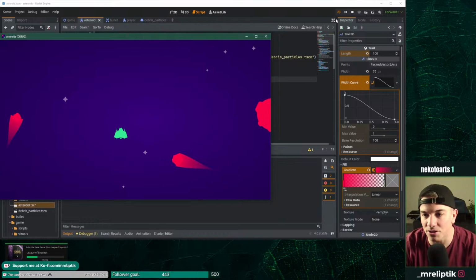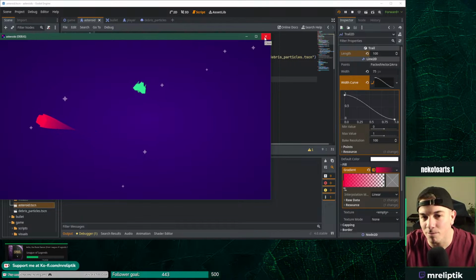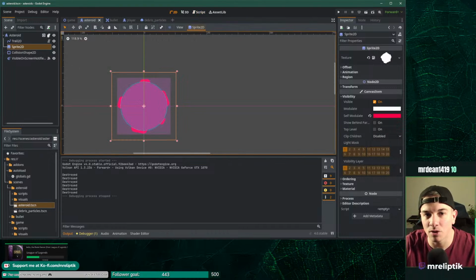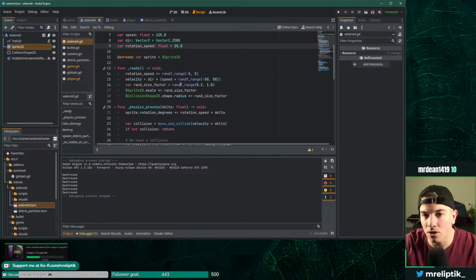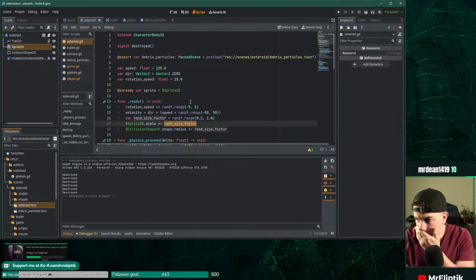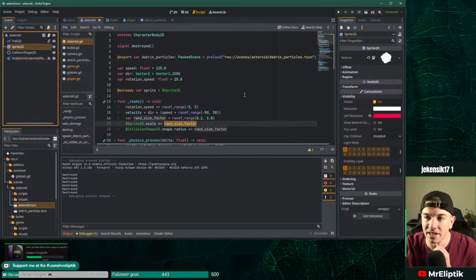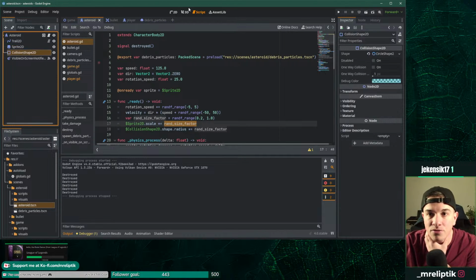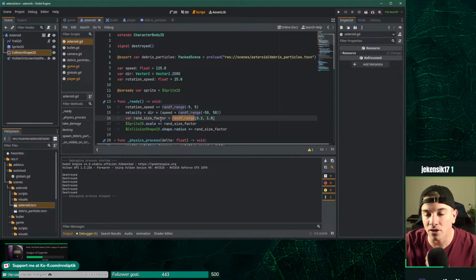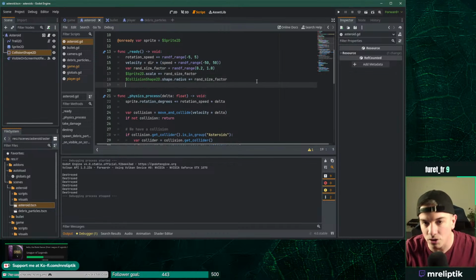Okay, so we need to scale that difference, right? Otherwise it's going to look weird. We need to change that. So depending on the size factor that we have here, the trail is going to look weird depending on the size. So we need to scale that, okay? By default, this is the size that we have, and the size factor is going to change that. So what we can do is go under the trail. So we can do trail,